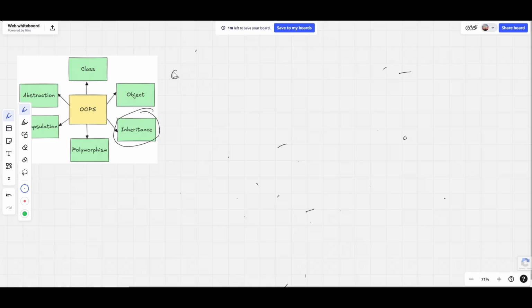For any website that belongs to a college or school, any user has to log into the website before accessing it. So for any user, we'll create a class named User.